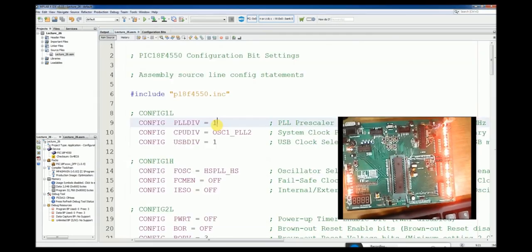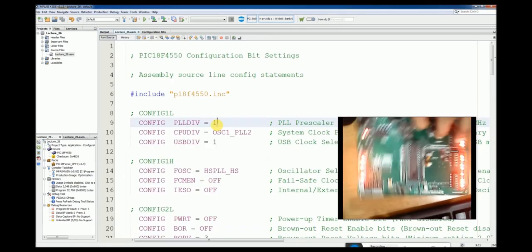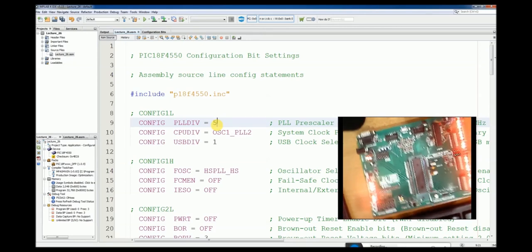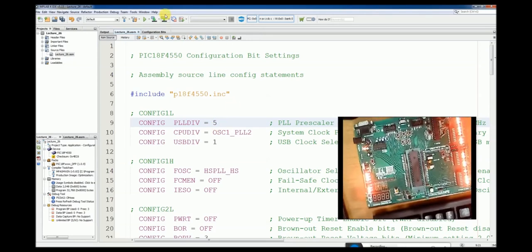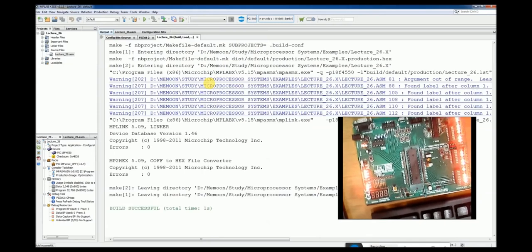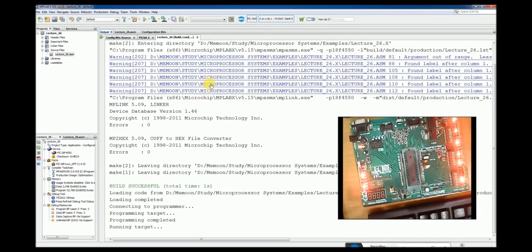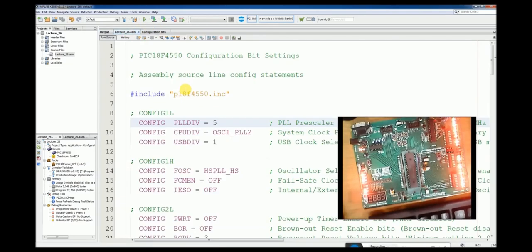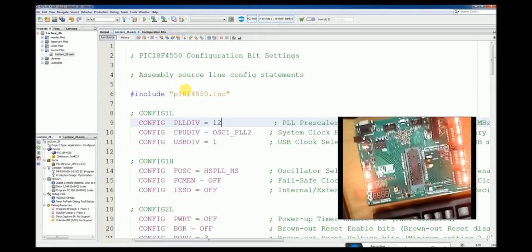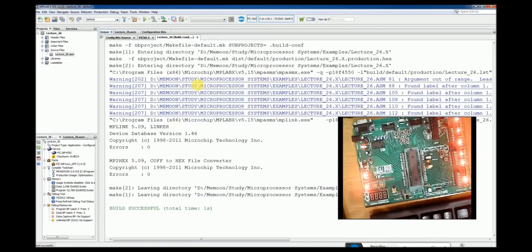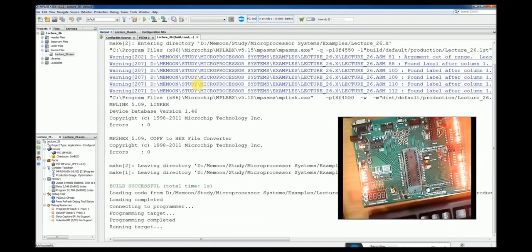Let me change this value to, let's say 5, and you will see that they will be slowed down 5 times. They are pretty fast, but the camera can capture them right now. Let's use 12 instead of 5.